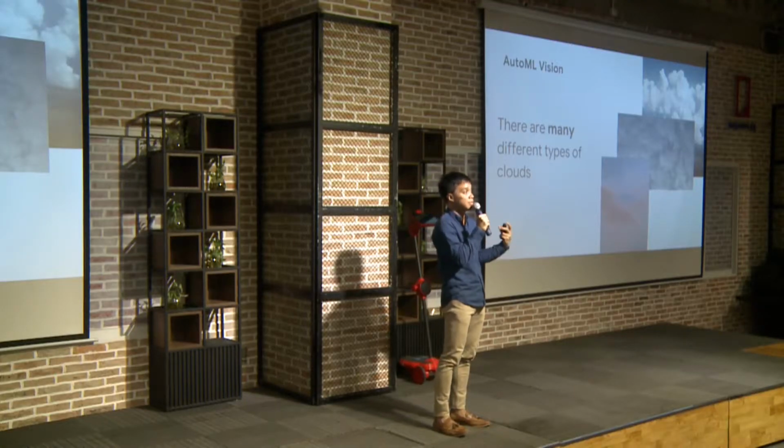So what are examples in which I can leverage AutoML? If you're analyzing, for example, clouds, Cloud Vision API will only pinpoint that this is a sky. But in some cases, you would want to be strict as to what type of sky it is, because there is a variety of skies. It could be cumulus, it could be nimbus, it could be cirrus.